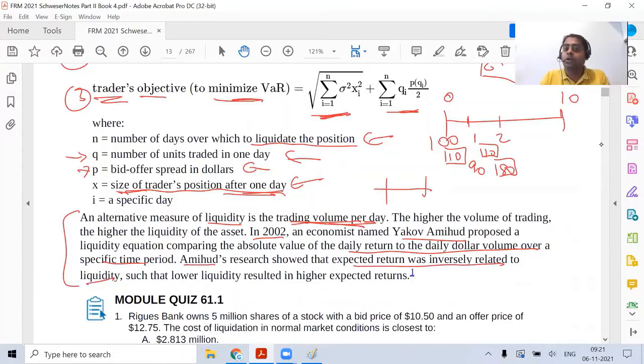They have their own logic. If the liquidity is low, the higher the expected return. This is what we see, because the real estate market is very illiquid, hence when you transact, you get higher returns. The returns are very high in the real estate market. That is being covered over here.